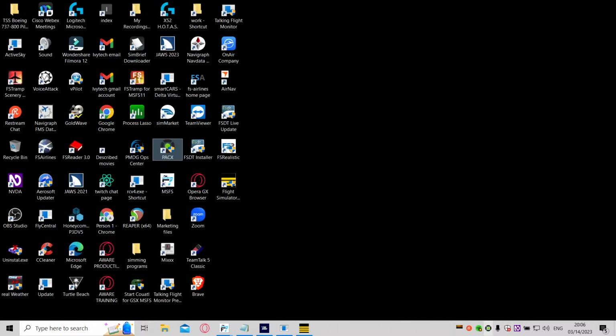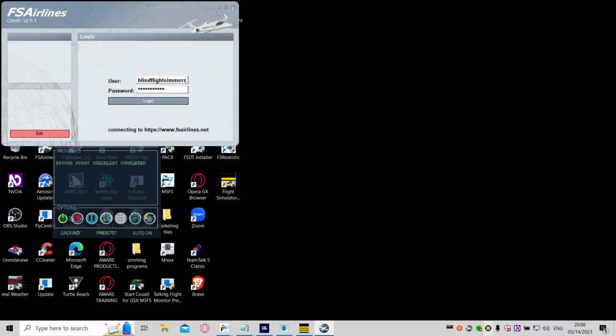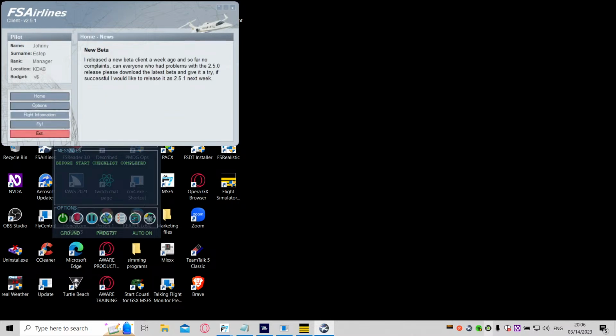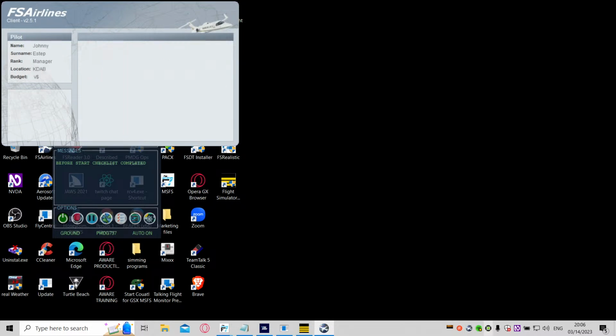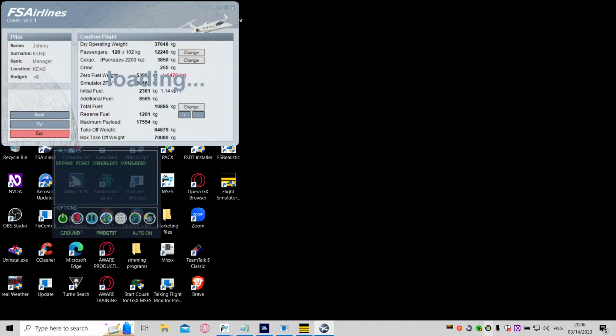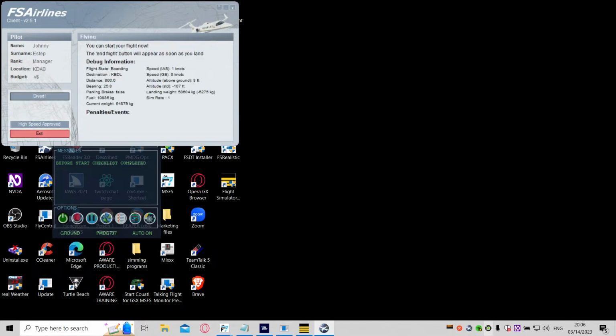Oh, speaking of that, Folder view list PACX FS Airlines home FSTT installer FSTT live FS Realistic 68 Flight Simulator first office FS Grand Simulator FS Airlines 14 App start cursor FS Airlines normal cursor login button dash button login edit protected select plan edit selected flight server plan plan edit protect plan login button press dash button fair text up flight fly button press dash button fair exit button back button fuel up button total fuel colon 23,000 press dash button fair text fly button press there we go. fair text high speed approve button